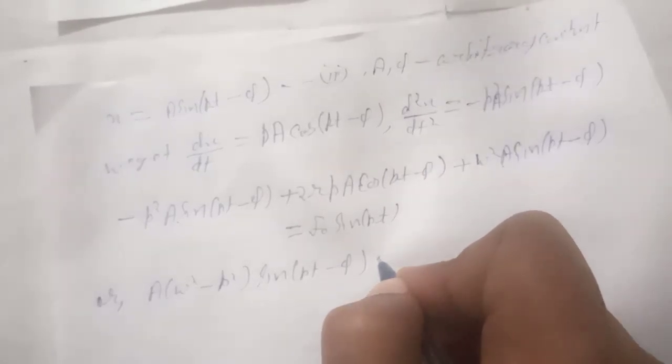Now arrange this equation, taking these values at one place, so we have a into (omega square minus p square) sin(pt minus phi) plus 2r p a cos(pt minus phi) equals